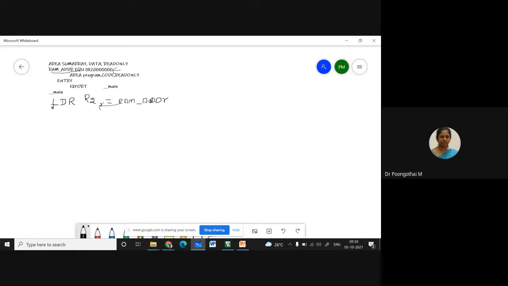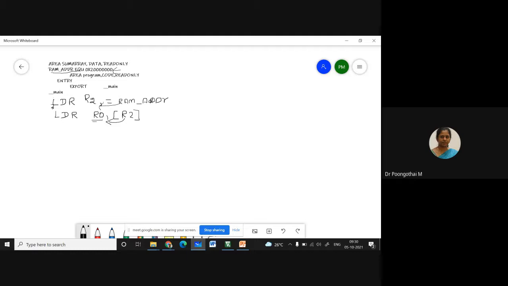So what is the next one? You have to transfer the content of this particular 32-bit memory address into a general purpose register. For that I'm using LDR R0, comma, in brackets R2. So what is the meaning of this instruction? Students, please interact with me. Move the data that is pointed to by the memory location R2. The data pointed to by R2 is transferred to R0.